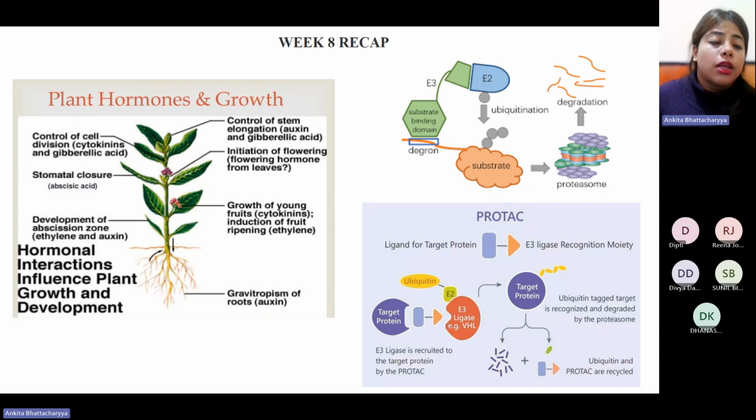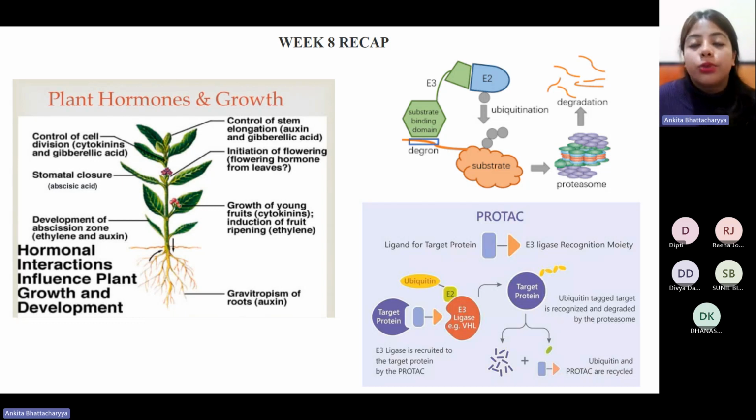Then we have cytokinins. Now, cytokinins are majorly involved in cell division, and they help in expanding the cell or in growth of the plant in the shoot direction. This is in collaboration with another plant hormone group as well, which is gibberellic acid. And that gibberellic acid helps in cell division as well as in the control of stem elongation. Then we have the other two hormones. So auxin, cytokinin, and gibberellins, or gibberellic acid in particular, are the first three major groups of plant hormones that are extremely crucial.